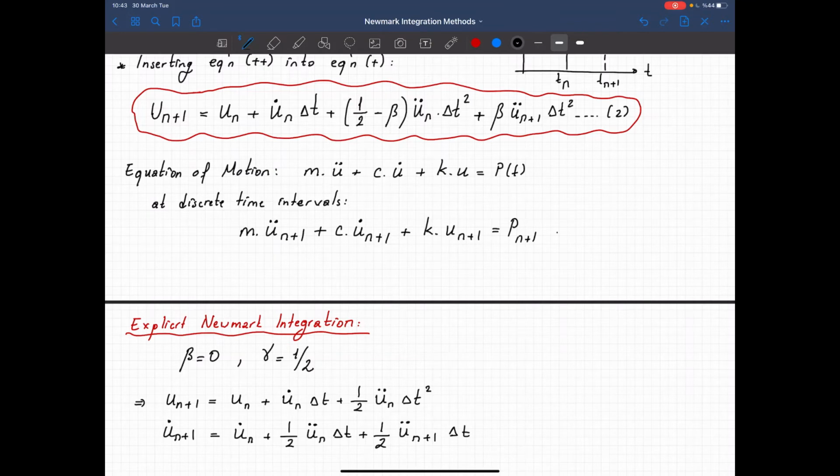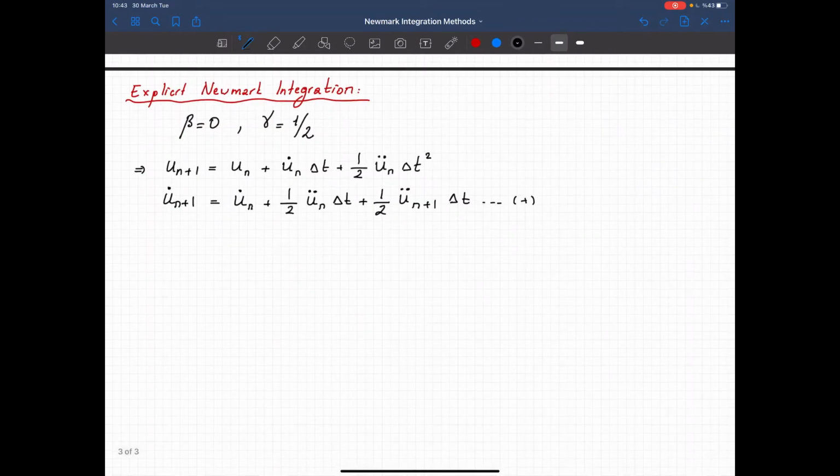So if I call this one my equation double star and this one plus, so inserting plus into double star, I have the following relationship: u double dot n plus 1 in parentheses m plus delta t over